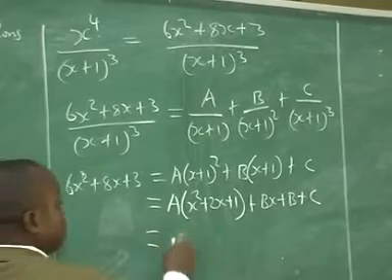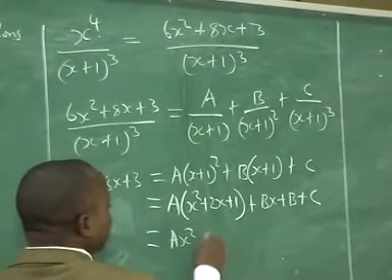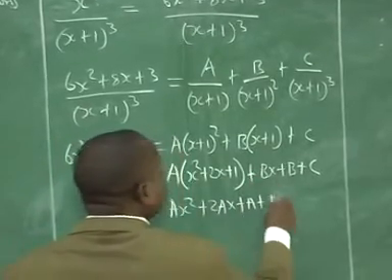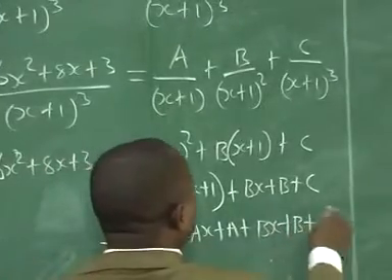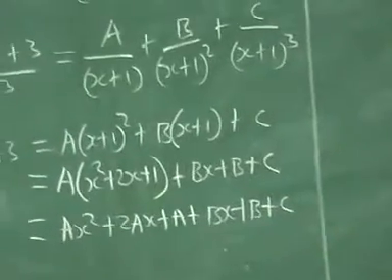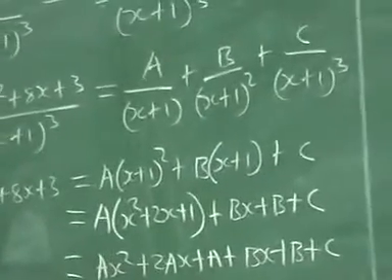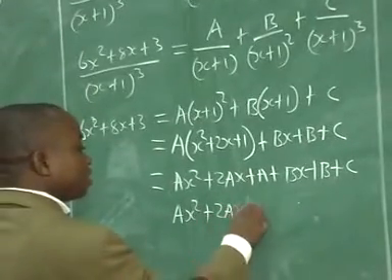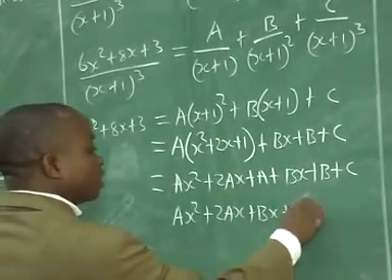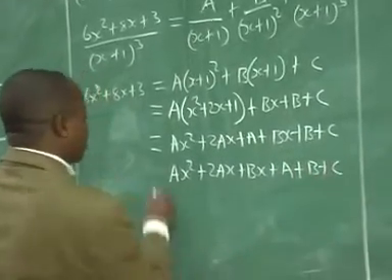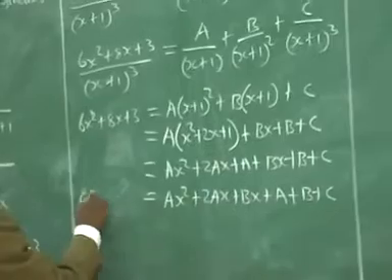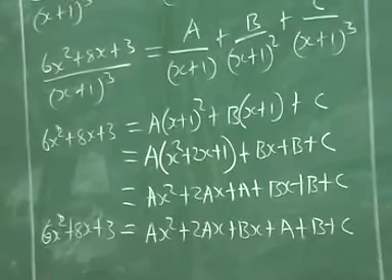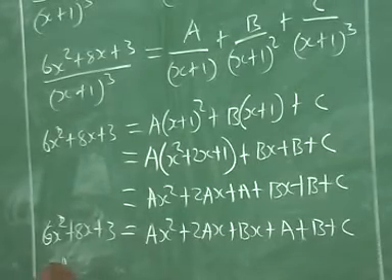Then ax squared, that is using this to times this, plus 2ax plus a plus bx plus b plus c. Then we do that, we can bring like terms together to have ax squared plus 2ax plus bx plus a plus b plus c. Now if we compare coefficients, we will see that a is equal to 6